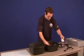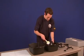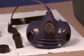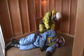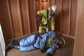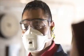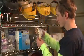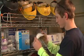Respirators must be cleaned as often as necessary to prevent them from becoming unsanitary. In addition, respirators worn by more than one user must be cleaned and disinfected before being worn by a different user. And emergency use respirators must be cleaned and disinfected after each use. While filtering facepiece respirators cannot be cleaned or disinfected, it is still important that you inspect them for cleanliness and damage before each use. All respirators must be inspected for basic function before each use and during the cleaning and